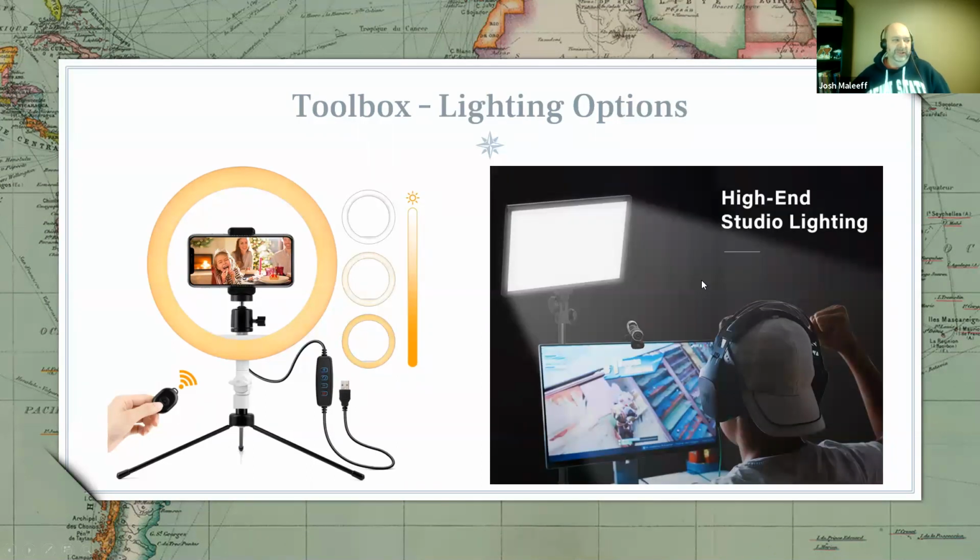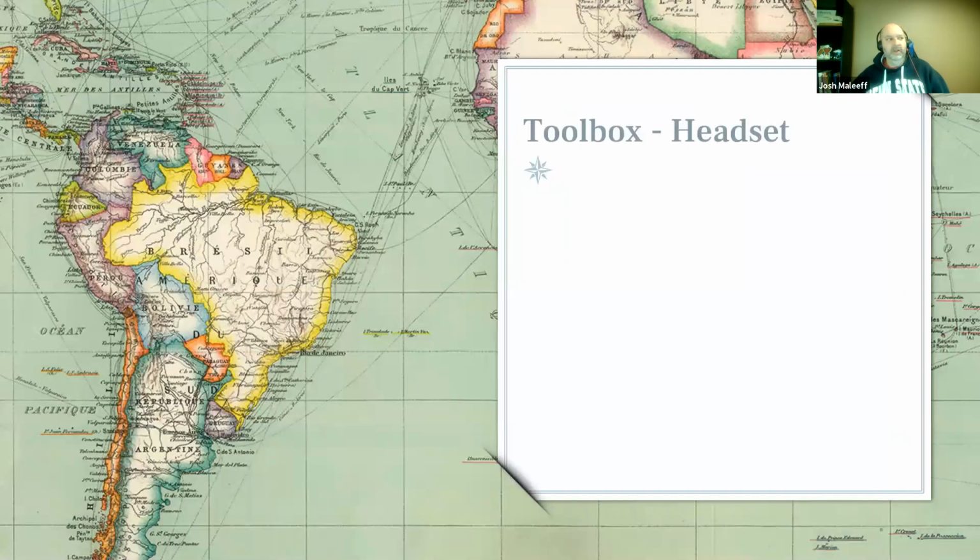For example, you can get a key light. The key light is more of a studio kind of light. This thing is going to run you closer to $100, and it may be overkill. You may find yourself washed out even, but that is another option that's out there. Let me pause again. Any specific lighting questions from anybody? I'll also have time for questions at the end of this, so don't feel like you have to ask them now, but let's go to the next item.